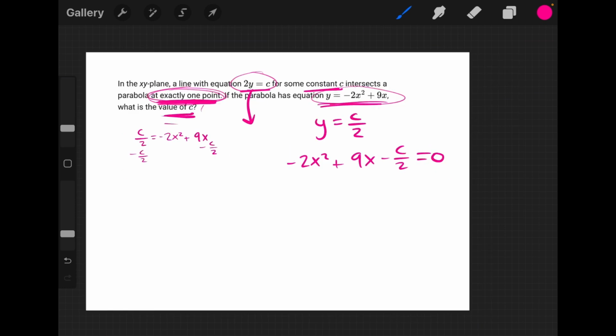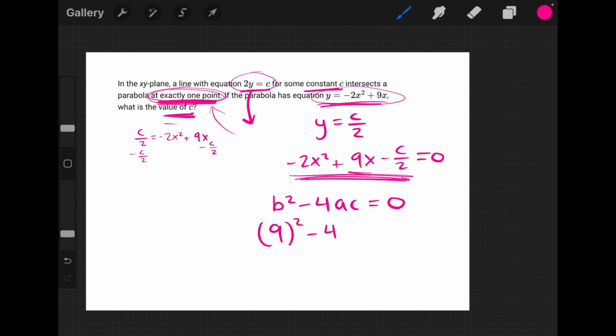So when there's one solution to a system of equations, we know that the discriminant is always going to be equal to 0. So we can use that rule when solving this equation here. So the discriminant, which is going to be b squared minus 4ac, in this case is going to be equal to 0, as these two graphs have exactly one solution. So we're going to plug in our b value into this, which is going to be 9. So we have 9 squared minus 4a, which is negative 2, and c, which is our negative c over 2,